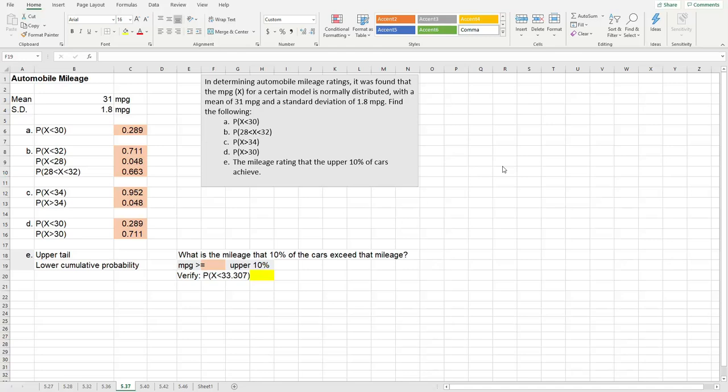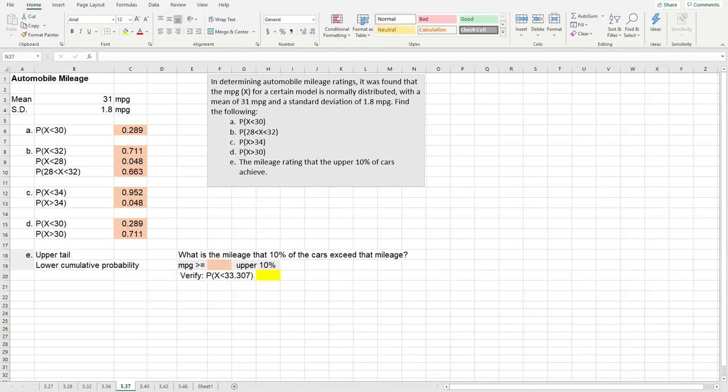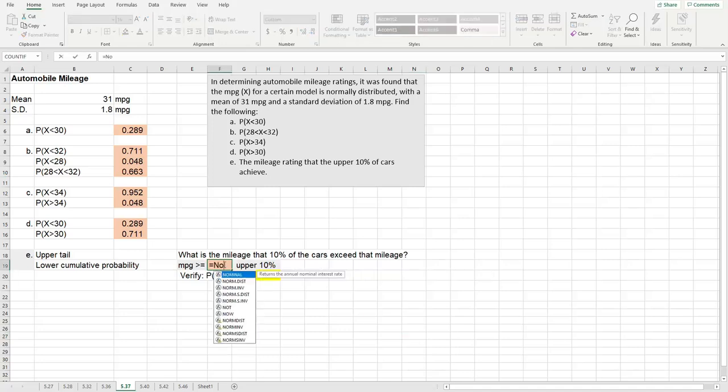Now we can look back at a question we've done before. Here we are asked to find the mileage rating that the upper 10% of cars achieve. So in order to find that, we need to put down the formula NORM.INV, and here our probability would not be 10%, but it would be 1 minus 0.1, since we're looking for the at least probability. So then we have our mean as 31, our standard deviation, and that gives us